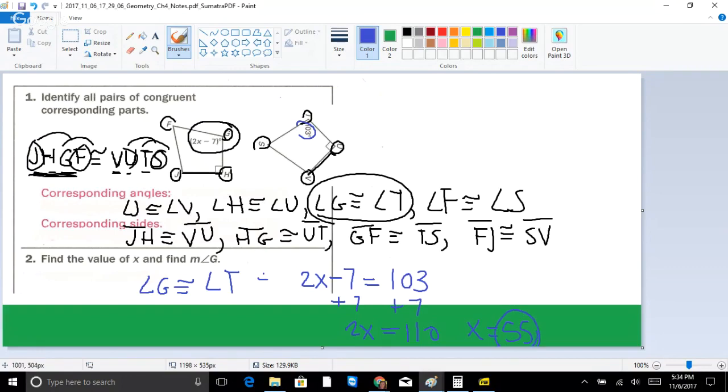right? Now, that's finding X. What is the measure of angle G? The measure of angle G is exactly the same as the measure of angle T. So that should be 103 degrees. Okay, so that is fun with congruency. We've got